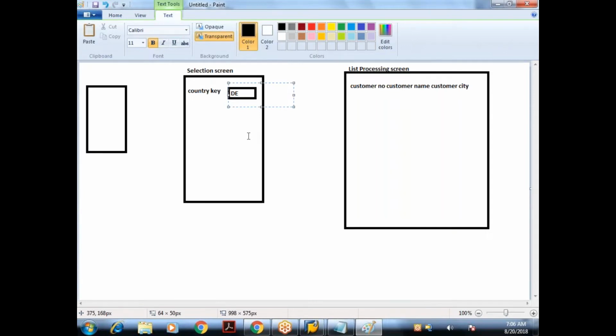Internal table. In the last two classes, since we were retrieving a single record, since we were using select single, I declared individual fields, or I declared a work area which is capable of storing only a single record. Now I need to declare an internal table. So what I'll do is,